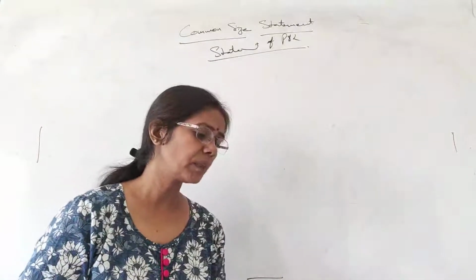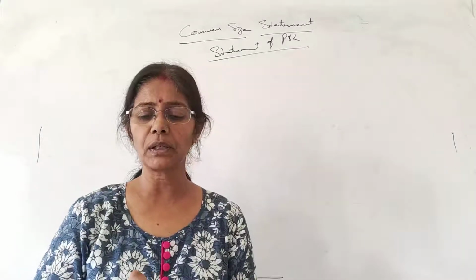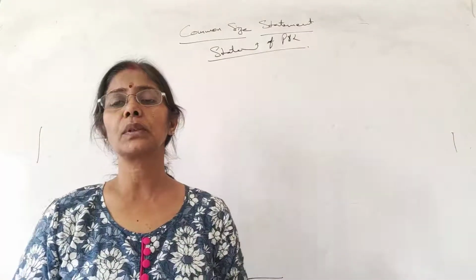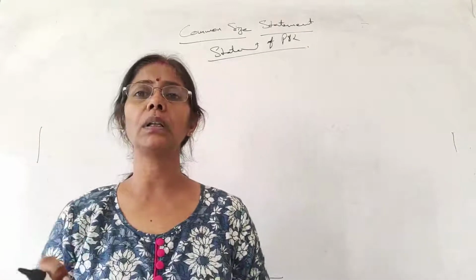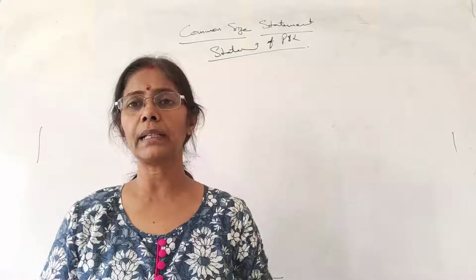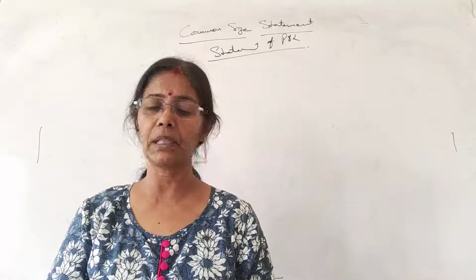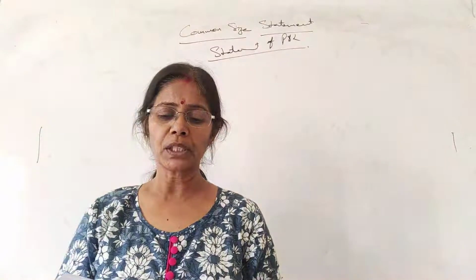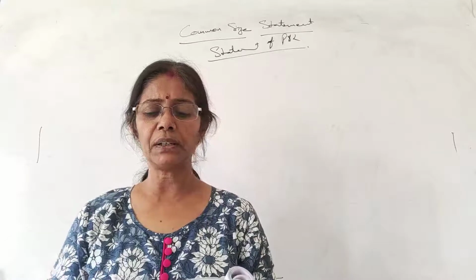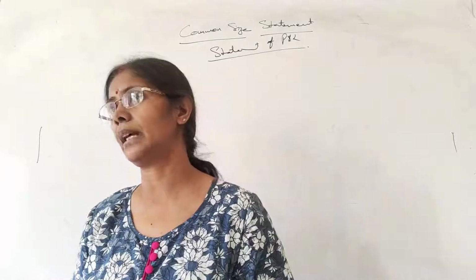Let's take one illustration. Illustration 14. Prepare a common size statement of profit and loss from the following information. Once again, students, it is not necessary that you will have all the contents of this statement of P&L. They may give you all of that or they may give you only a few. So here you can see they have given revenue from operation, other income, purchases of stock in trade, changes in inventory of stock in trade, other expenses, and the rate of income tax, alright?